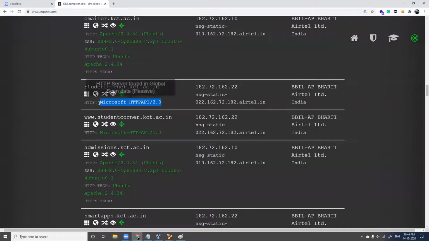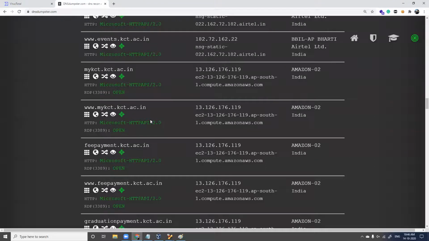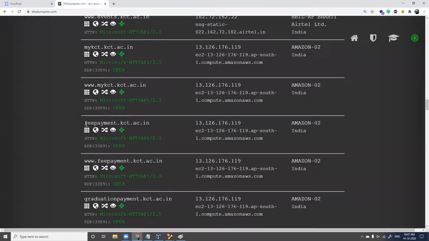Here it is Microsoft server, right? So which subdomain, what is the IP address, and what is the server being used? DNS dumpster is going to give you all these details, which will be very crucial for an attacker in terms of information gathering. So ours is fees payment, and yes, the IP address is the same. And the server which we are going to target is Microsoft, right?